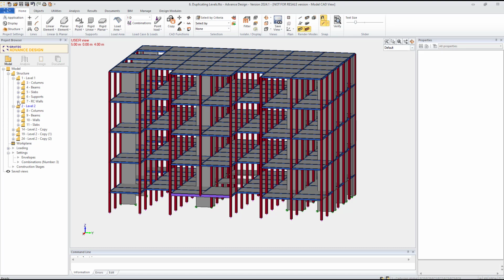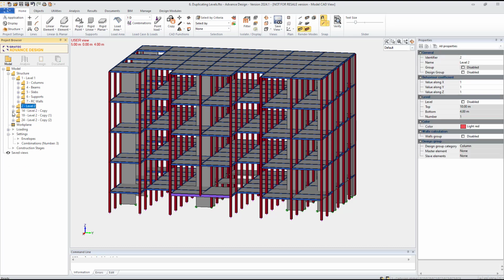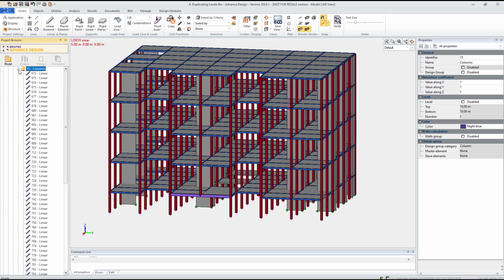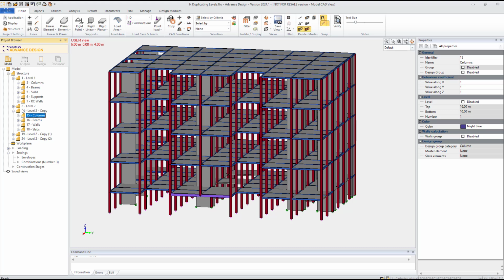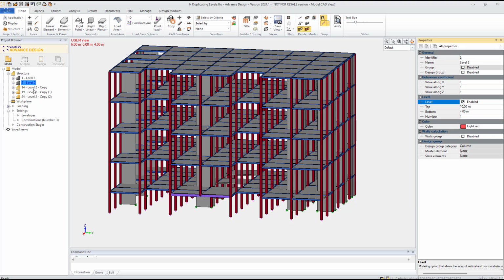But what is more important when we look at the new levels created, there are systems having the same subsystems as the initial one, as the one selected for copy. In case systems are defined as levels, because there is a possibility to define systems as levels, I can easily select any level